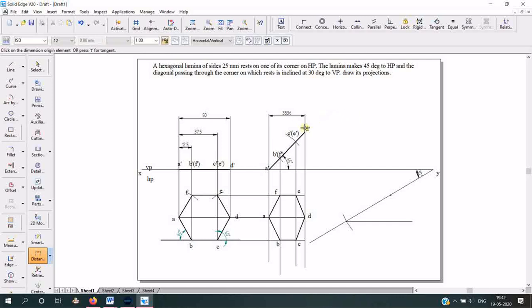So now the appearing dimension of that diagonal when it is tilted 45 degrees, for the observer is 35.36. So we must take here 35.36. While constructing manual drawing, take a compass. Here in computer sketch, use arc by center point. Take the radius as 35.36. Press enter. Construct an arc.